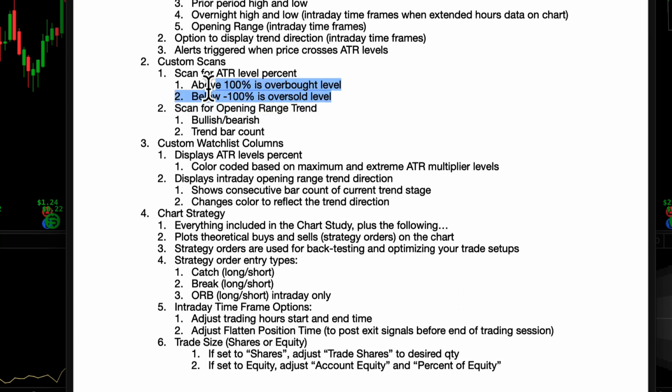So for the scan, ATR level percent, you've got some options here to find overbought and oversold stocks. And for the opening range trend scan, you have two different types of signals. You have a bullish bearish type of signal that you can run, or you have a trend bar count that you can run. Then we have custom watch list columns. The custom watch list columns tie in very closely with the custom scans. They're essentially the same base code,